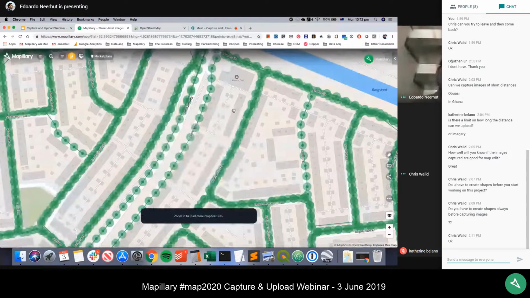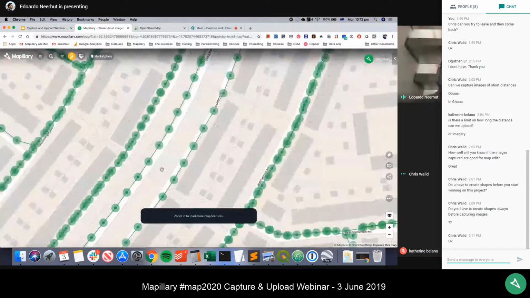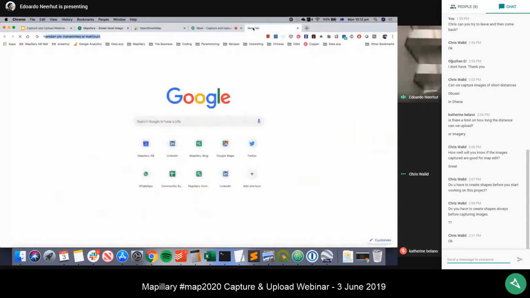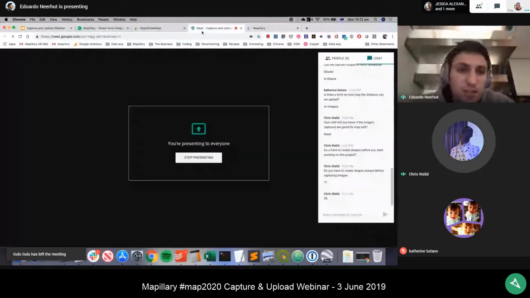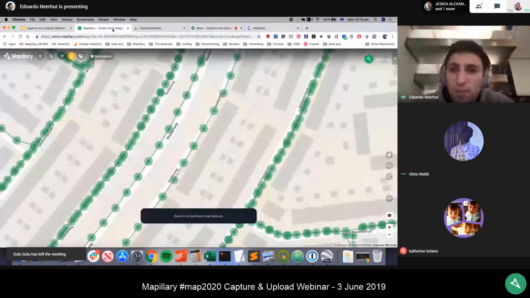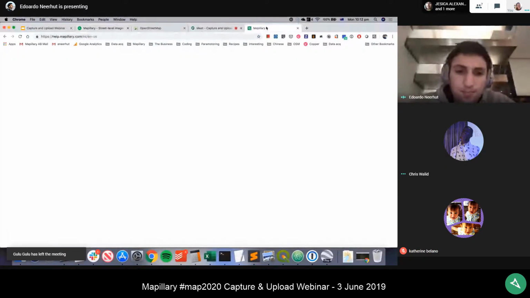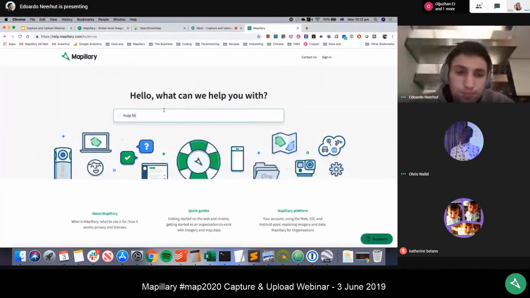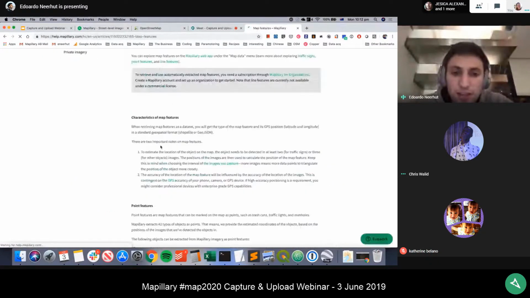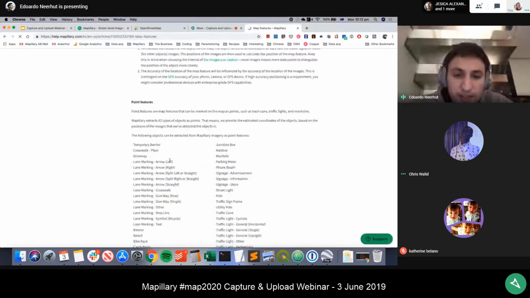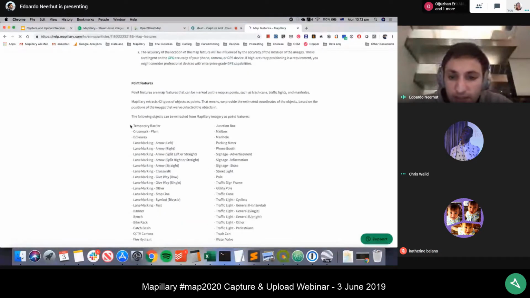I'm having very slow internet right now, but I'll see if I've got any. I can actually show you a screenshot of what it should look like, and you should explore this as well. Anyone can look at this by just going to point features here and having a look at an area with imagery. And then you'll see at least some of the features that are detected here.